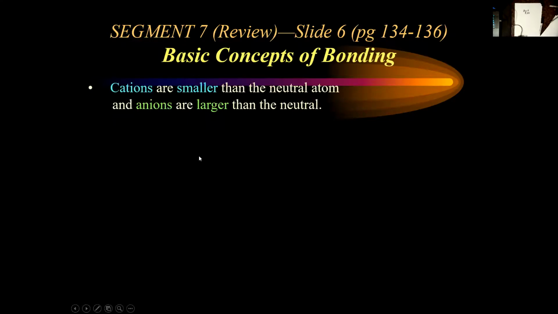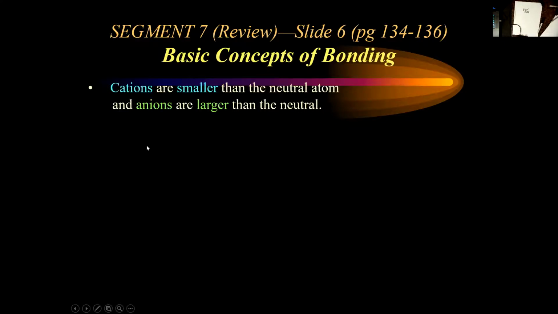Make a special note. Now, typically in sizes, cations are smaller than neutral and anions are larger than neutral would be. Does that make sense? If it's a cation, it's got more protons in its nucleus than it has electrons. So the electrons are going to be pulled in really hard. If it's an anion, it's got more electrons than protons. And so the electrons won't be pulled in as much because the electrons repel each other more and more as you start pulling them toward the nucleus. They're getting closer and closer together. So cations are going to be the smallest, anions are going to be the largest,